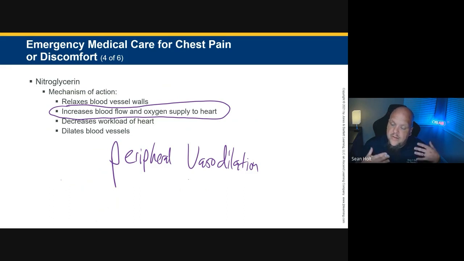Less area damaged by a clot, the less tissue that's going to die in the heart. Okay. So again, vasodilation, decreasing the workload of the heart, and sometimes it's going to give coronary artery vasodilation,